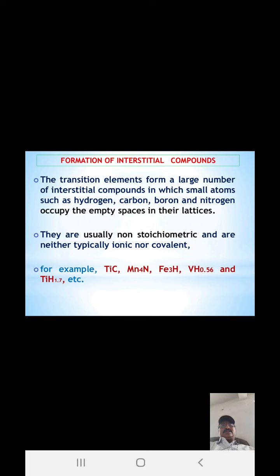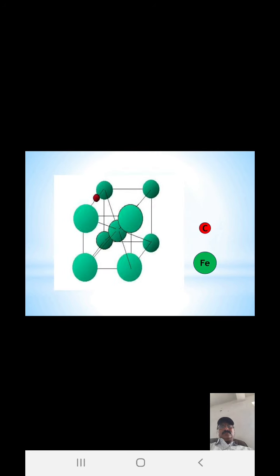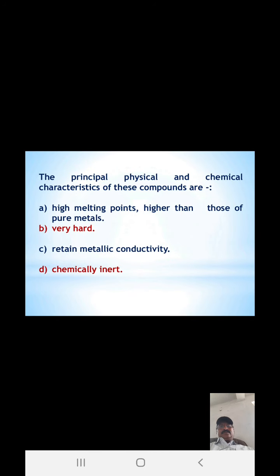Formation of interstitial compounds. The transition elements form a large number of interstitial compounds in which small atoms such as hydrogen, carbon, boron, and nitrogen occupy the empty spaces in their lattice. They are usually not stoichiometric and are neither typically ionic nor covalent. Like this, see, the red one is occupied in the interstitial space. The principal physical and chemical characteristics of those compared are